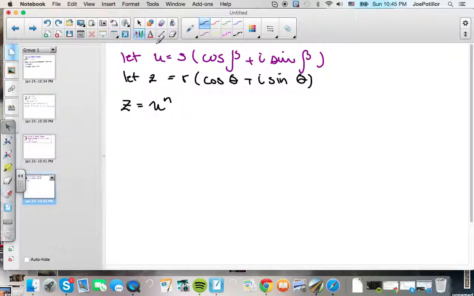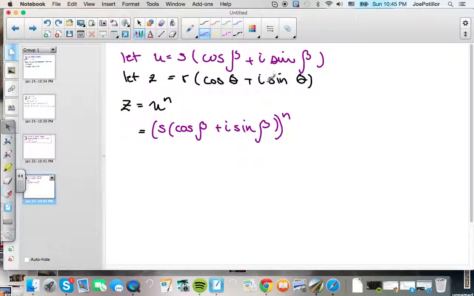We're going to cheat and use De Moivre's theorem for this. So u to the nth power is this hideous, ugly thing to the nth power. So let's plug it in: s times cosine of beta plus i sine of beta,